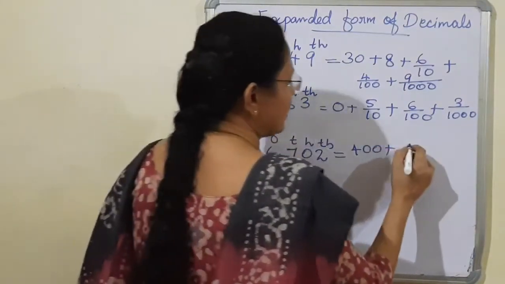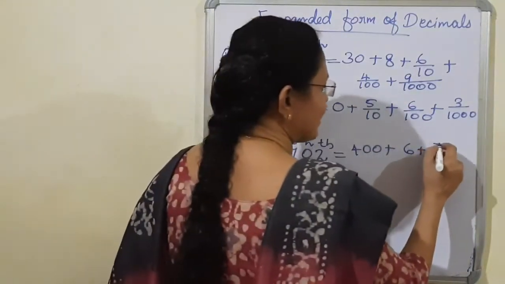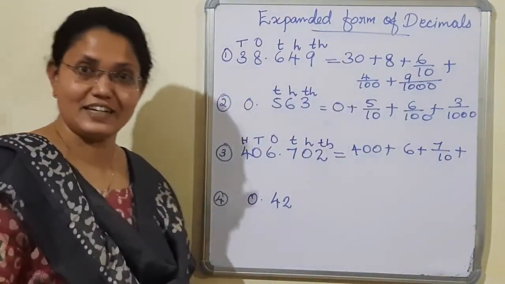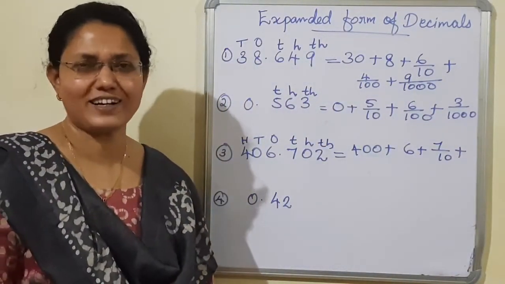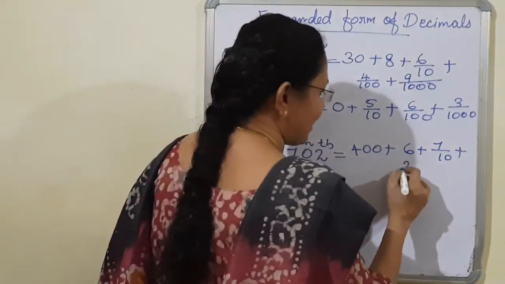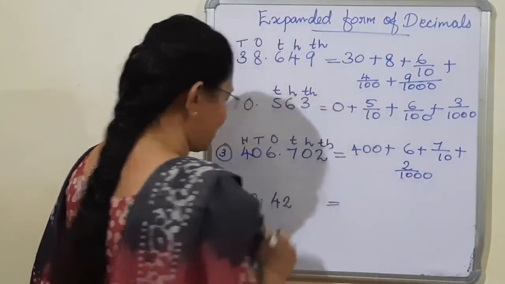Next 6 ones, that is 6 itself, plus 7 is in 10th place, that is 7 by 10, plus 0 is in 100th. At any place, the place value of 0 is what? 0 itself. Next 2 is in 1000th, therefore its place value is what? 2 by 1000. Now the last question for you,